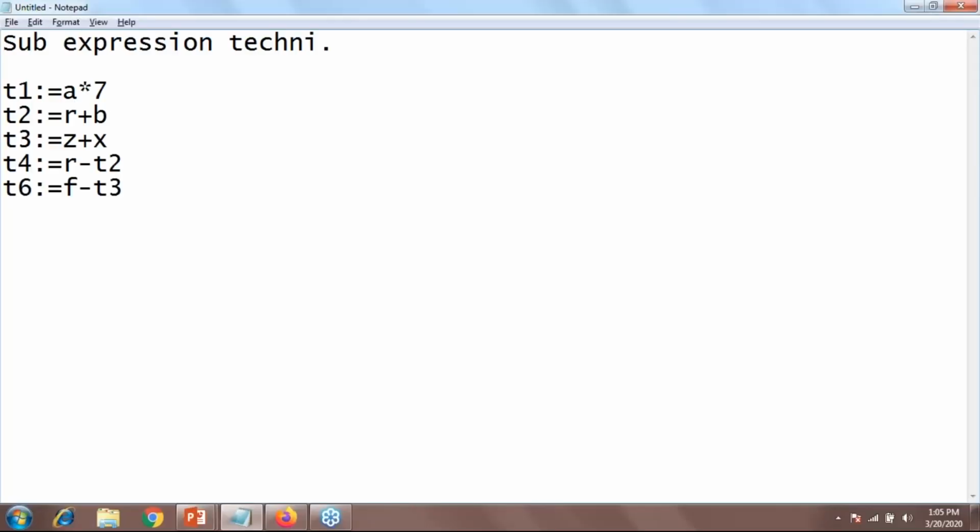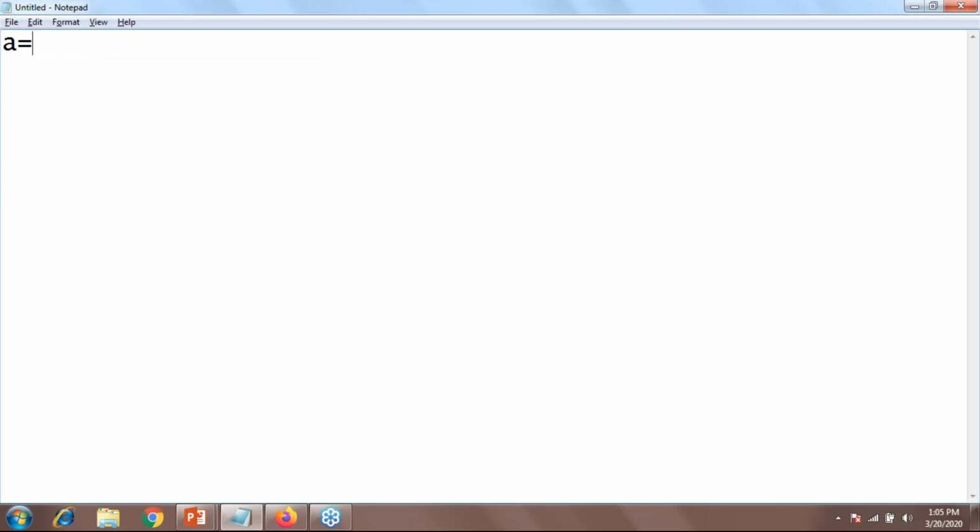Something like A equals B, then F equals I plus A, and K equals 9 plus G. So there is no use of A equals B.